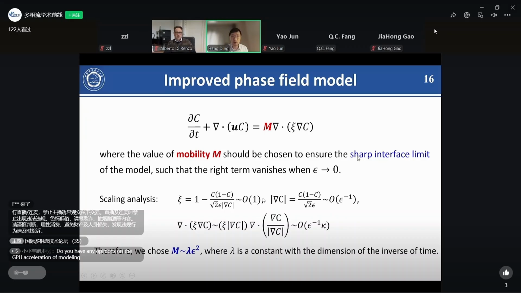For example, on the right-hand side, we have zeta. Zeta in this form has order 1. But the gradient of C here is of order epsilon minus 1. So we have these two combined together. Then we have this epsilon minus 1 plus kappa. Kappa is the local interface coverage. Because in the numeric simulation, all the interfaces should be resolved, no matter how small the coverage,